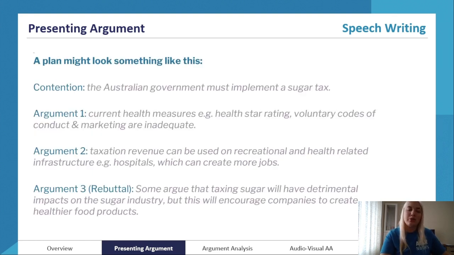So a plan to a speech could look something like this. I stress the importance of planning before you actually write. So obviously this is not a current issue, but this is a really good example. If you think about current issues, again, I told you about some pages you can go to, or watching the news, there are lots of current issues. I think some engaging ones are the cost of living and housing crisis, artificial intelligence, ChatGPT,